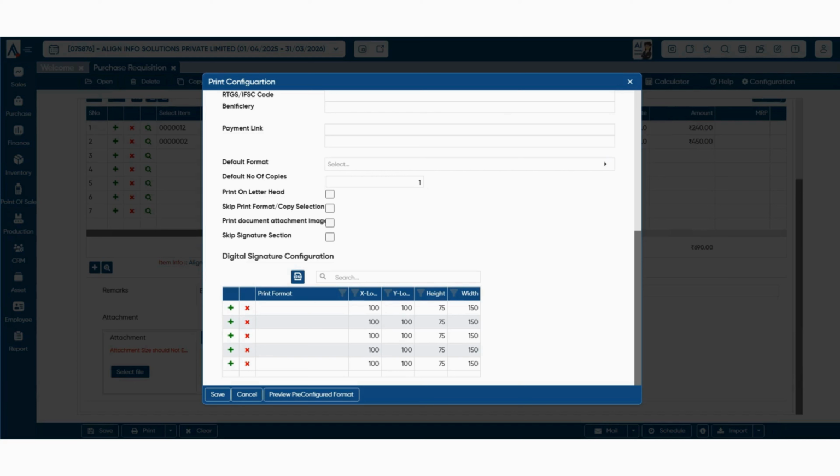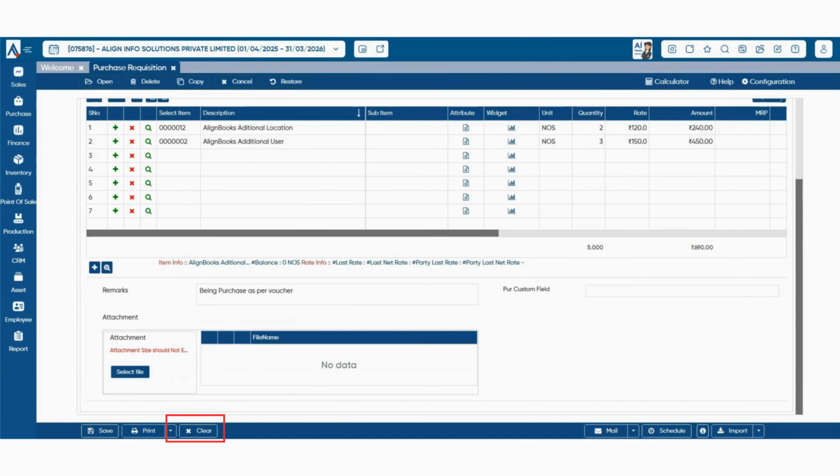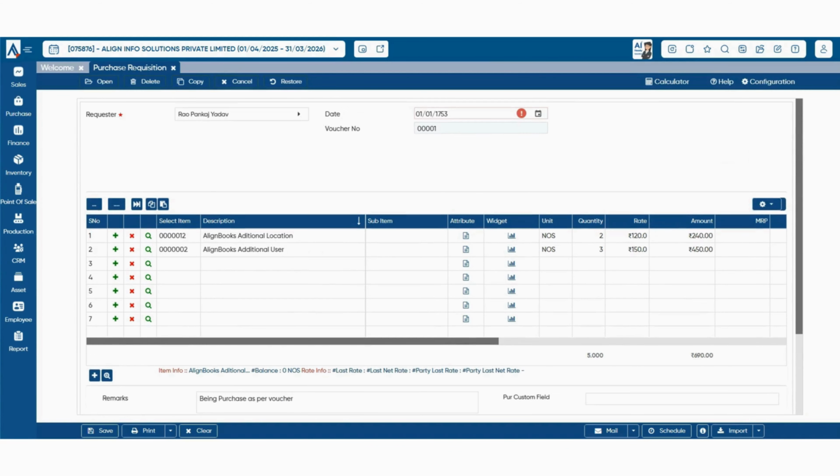You can also set your default invoice format and the number of copies to print. Additionally, you can configure a digital signature to be applied to the invoice, useful for businesses needing signed digital documents. The Clear button is used to reset the current screen. If you want to cancel the invoice in progress and start fresh, click on Clear and all fields will be